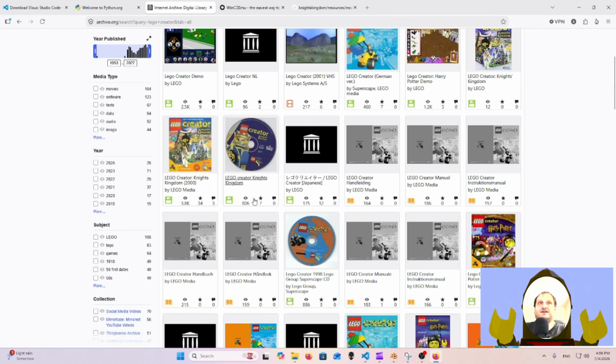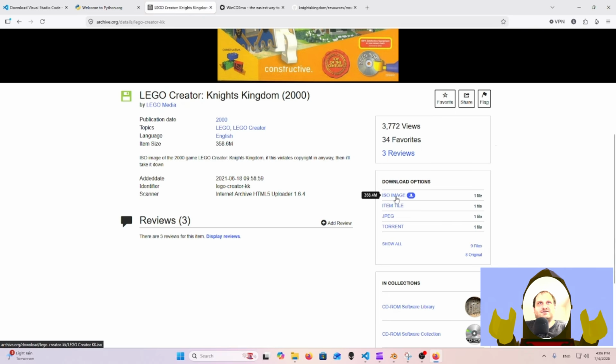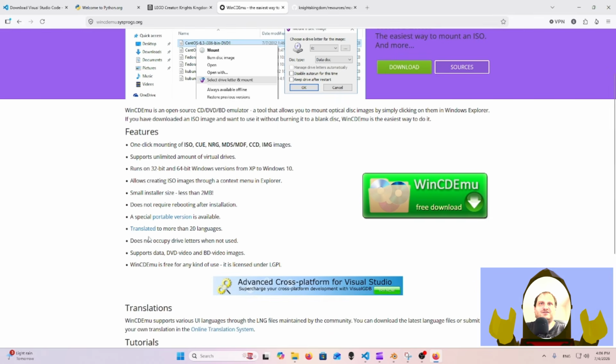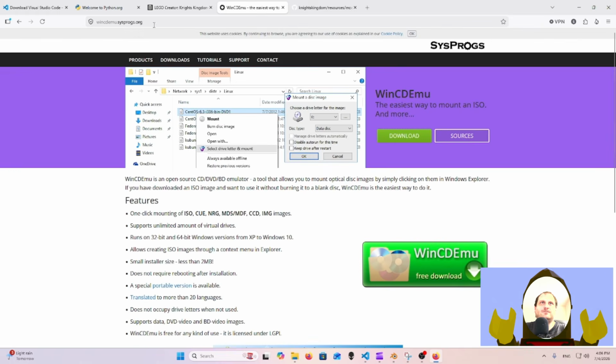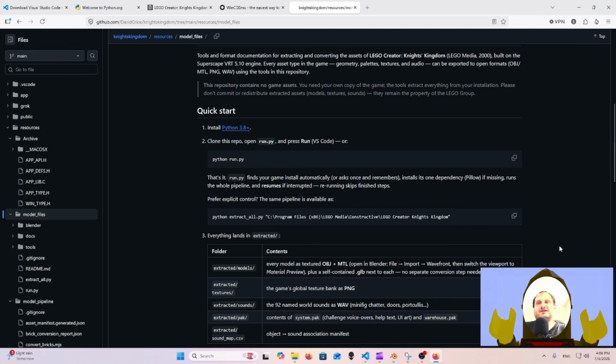And then if you download the ISO version of a file, which I think this one might have, yeah, an ISO image, then you'll need ISO software. I personally use either PowerISO or WinCD Emulator. I think this is an open source project, so there shouldn't be any issues. Anyways, going back to here,